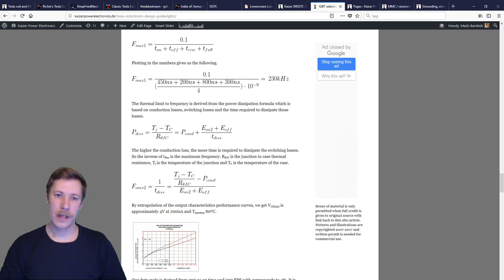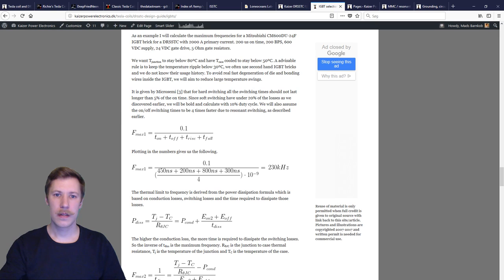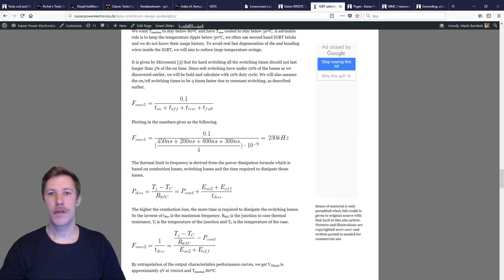Now, here I can see that my example, I think this is a CM300. Oh, it's a CM600. That I can switch this at 230 kilohertz. Now this is of course way too high, because there's no way I can build a driver. There's no problem in building a driver that could drive the gate charge at this speed, but the conduction losses